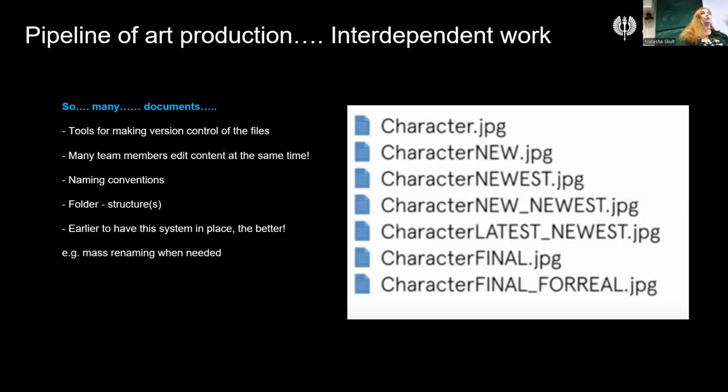We will next time be talking about art production with VFX, and I will show you how art documents usually look. But anyway, now what a Tech Artist handles is creating tools for version control of the files.